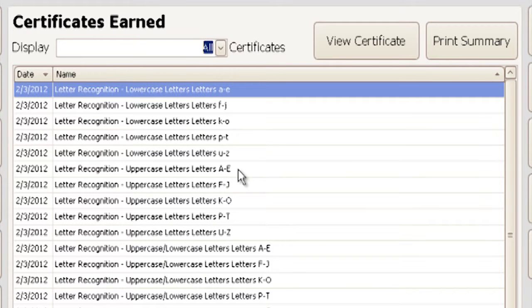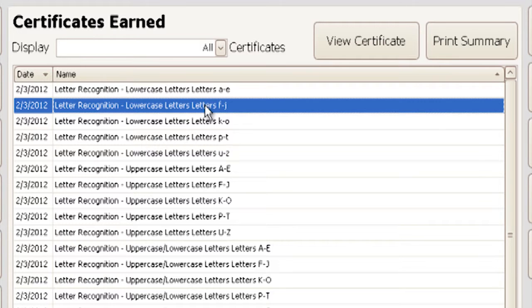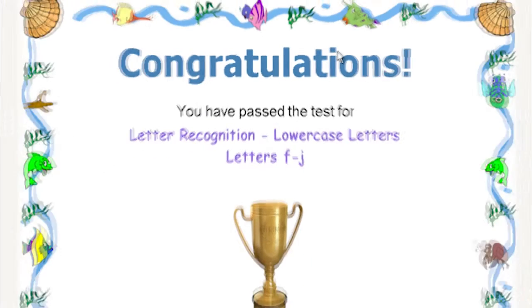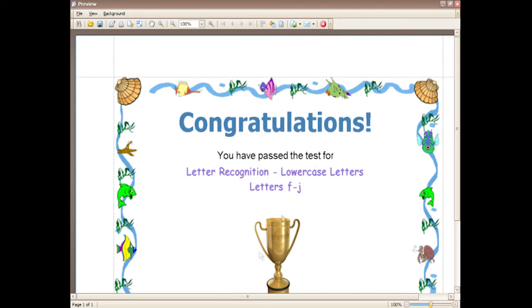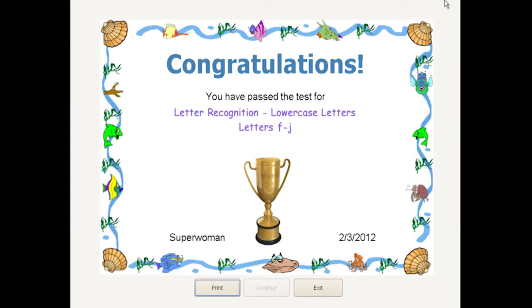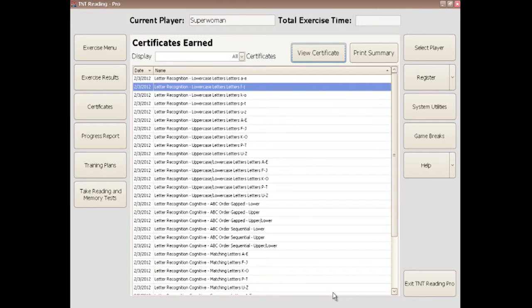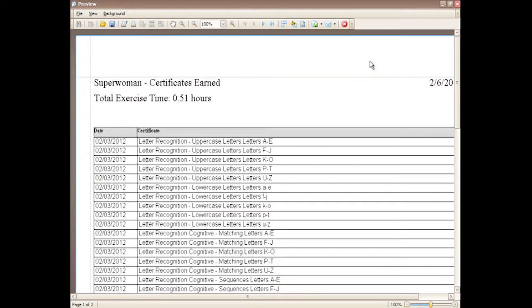To view a specific certificate, click on the name of the certificate from the list to highlight it. Then click on the View Certificate button. Clicking on the Print button will display a printable version of the certificate. Clicking on the Exit button will take you back to the Certificates menu. You can click on the Print Summary button to display a printable document with a list of certificates displayed in